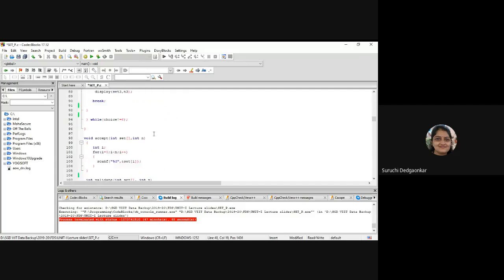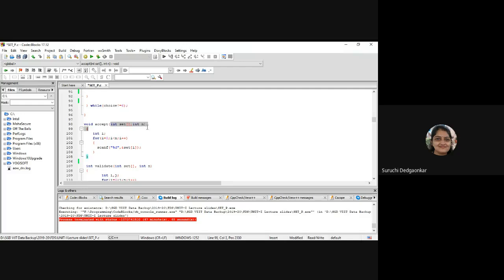Definition will be after our main function is over. So after our main function is over, we will write the definition of accept function. Okay, so this is a generalized definition. We have to create set one. See, sequence of parameters must be same as in declaration, same as calling, and same in the definition also. In all three, we have passed here an integer array first, and then the single integer element, isn't it? So same sequence of parameter must be followed in all the three, in declaration, in definition,